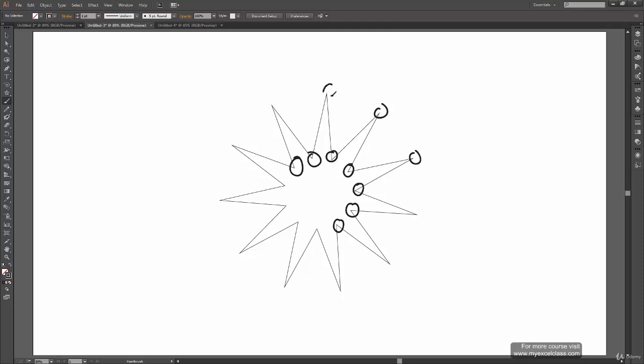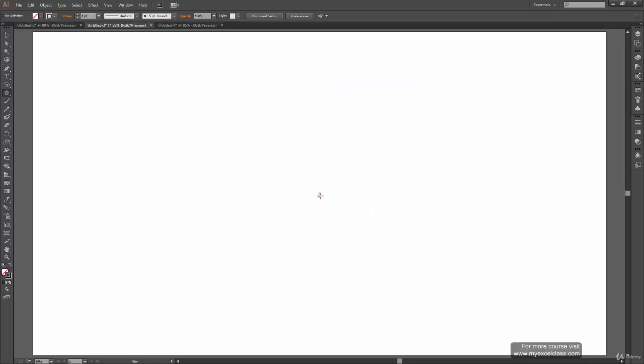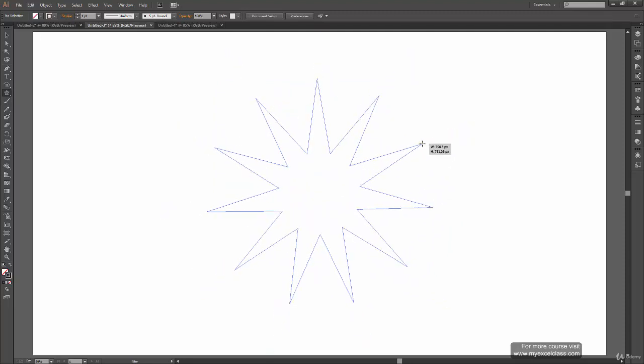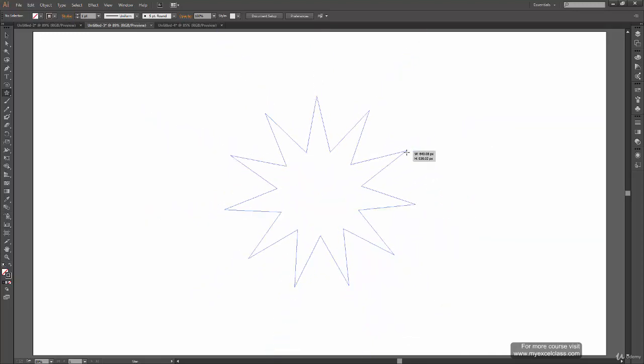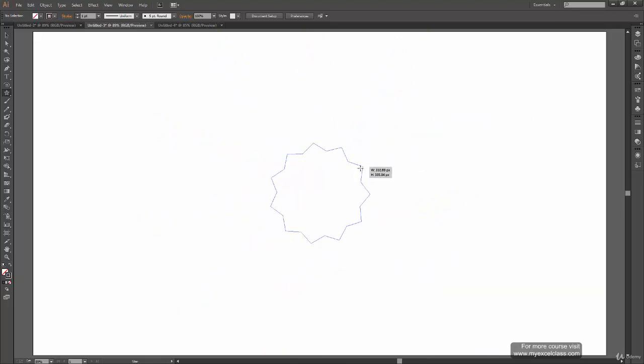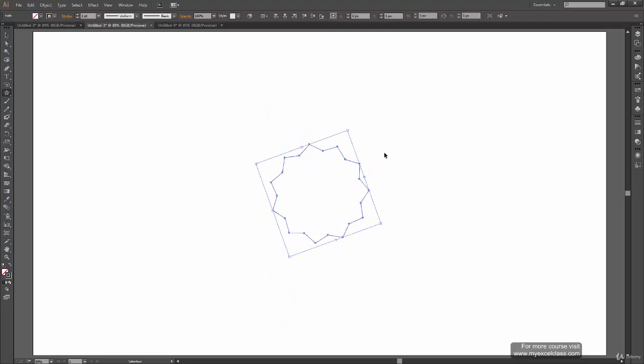Only this point moves. So let's draw it again and see whether it really happens like that. So now I'm drawing the star. I haven't pressed any key, but when I press control key now, you can see the inner points are stuck, and now I'm only moving the outer points. Okay, so that's fairly simple, and let's release it over here and release your control key. Select all of this and delete.